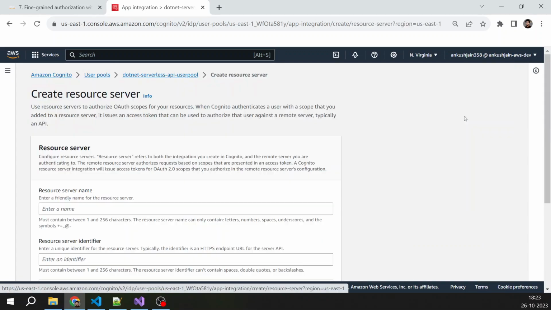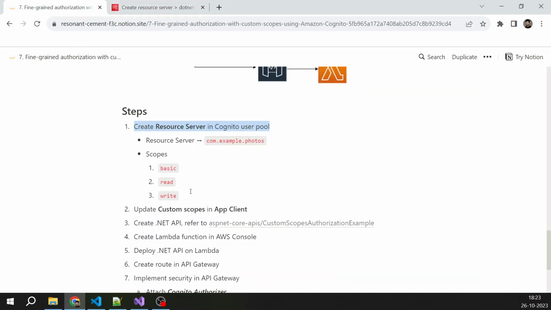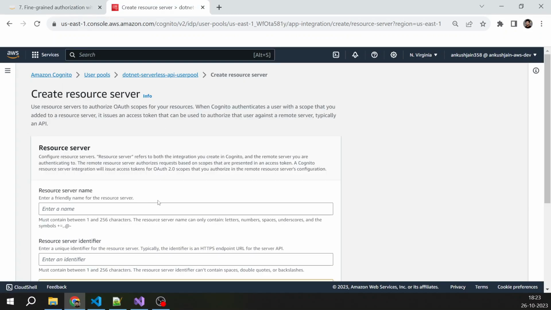I will copy this name because I think it requires a naming convention like this: resource server identifier. Typically the identifier is an